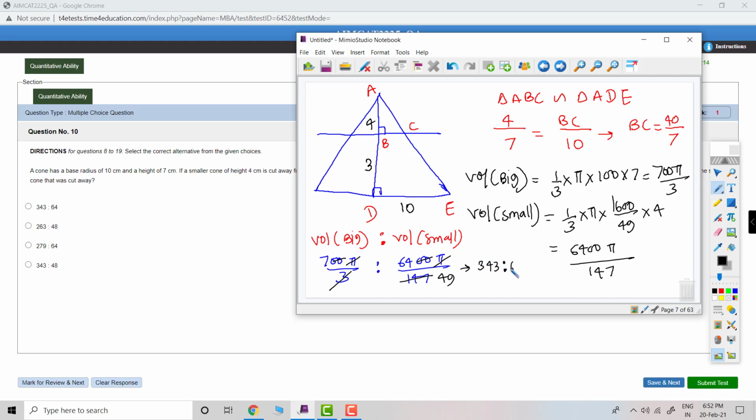Okay, this is volume of big cone divided by small cone, but we want what? We want the volume of frustum, means lower part. So our answer is going to be what? 343 minus 64 is to 64 is the correct answer, because we want the volume of frustum lower part to the volume of upper part, that is upper cone. Okay, so this subtraction is going to be how much? Okay, 343 minus 64, let's do this. Unit digit will be 9, so 279 is correct.